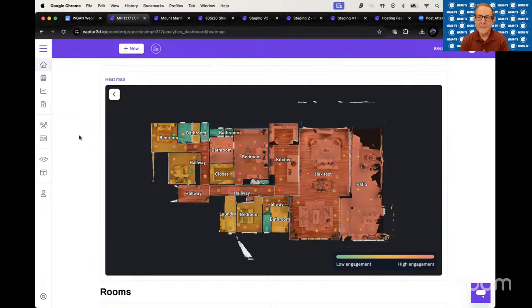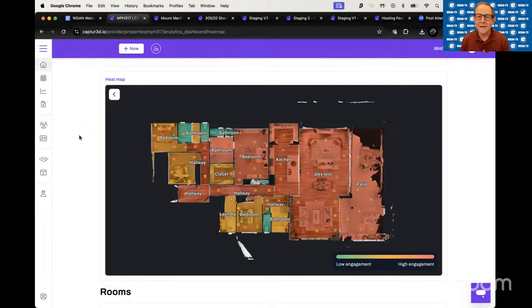On that CSV file where you had downloaded the data from the heat map, have you had a chance to make some conclusions from that or do something with it? Or is it just, oh, your client at the lottery found this super interesting in terms of, oh, the entire house, except for the bathrooms, people are looking at almost every inch of this house?